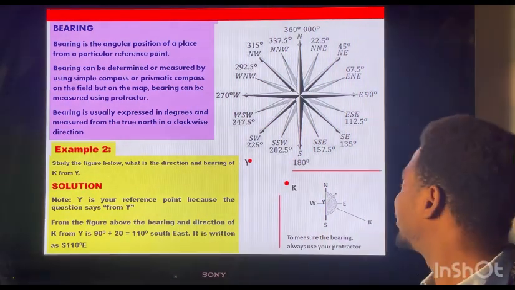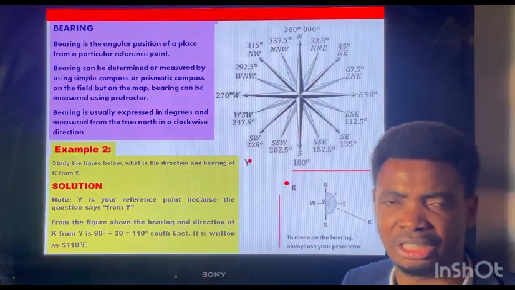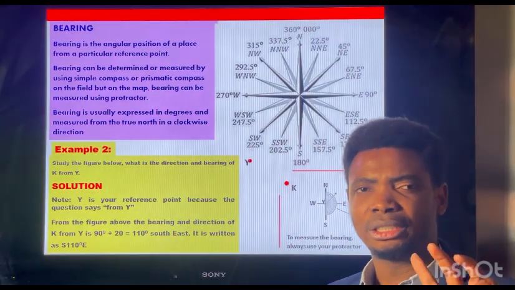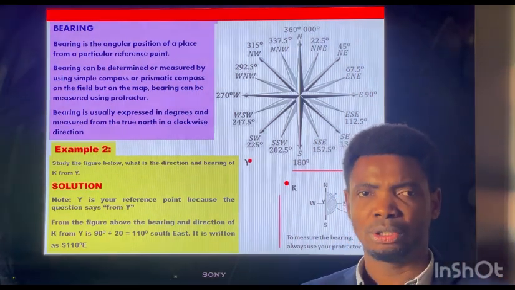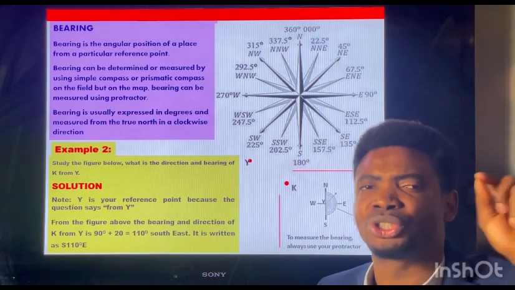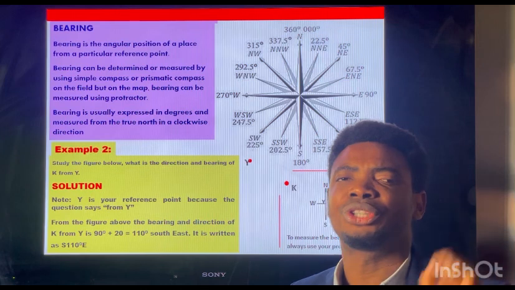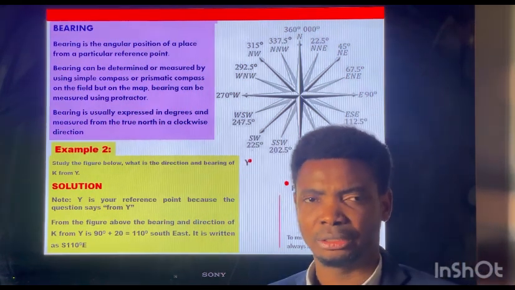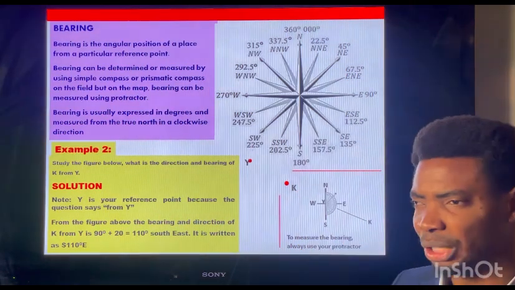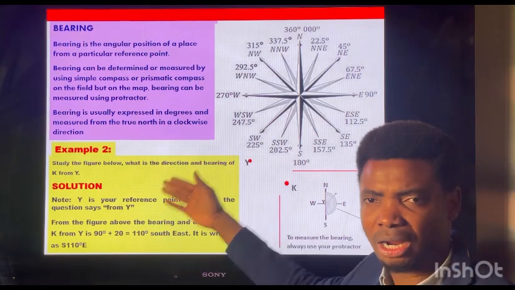And finally, the north direction also corresponds to 360 degrees. So it is only the north direction that assumes two separate values. North direction corresponds to 0 degrees, and it also corresponds to 360 degrees, depending on the way you want to measure it. So now, like I was saying,